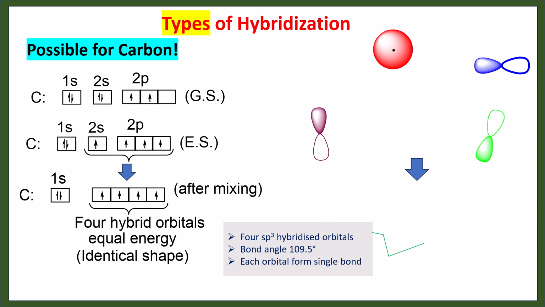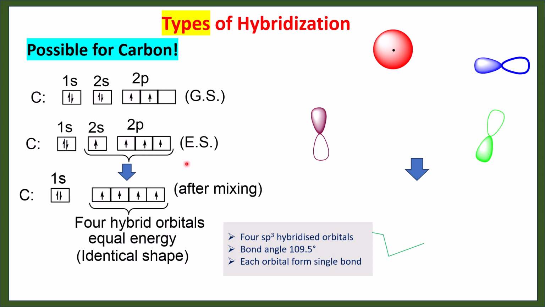Now we'll discuss the types of hybridization. How many types of hybridization are possible for carbon? In the ground state, we could see this electronic configuration of carbon, and also in the excited state, this will be the